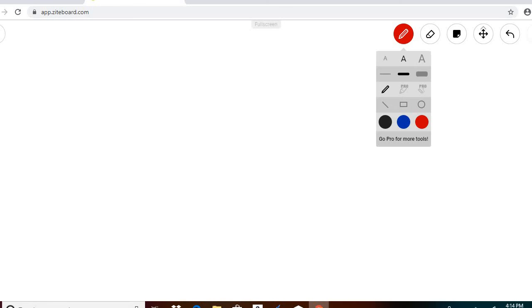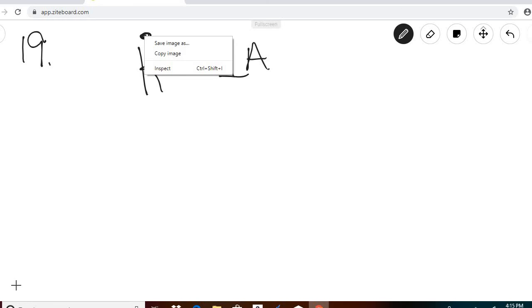Okay, number 19 says draw the Lewis structure for the ion that potassium forms in ionic compounds. The abbreviation for potassium is K, and it is in group 1A. So it has just 1 valence electron. So this would be its